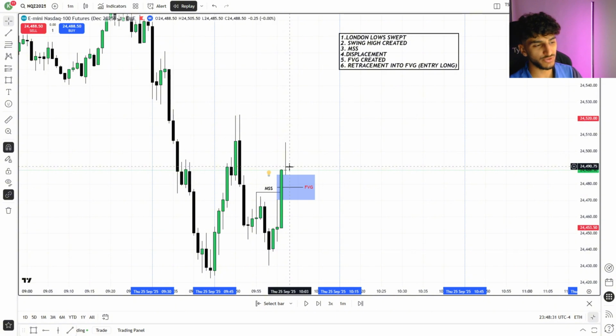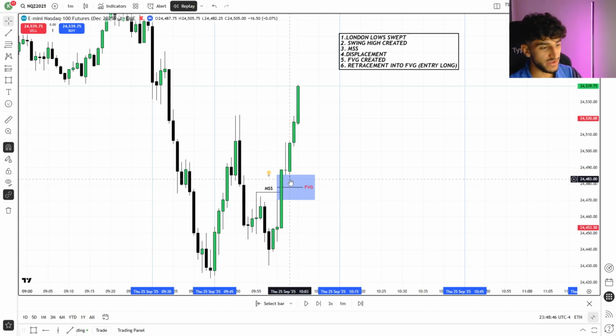I'm just waiting pretty much for price to come back and tap into this fair value gap right here in order for me to go long. As soon as price touches that fair value gap, I'm going to go long. So let's play the bars right here and we'll see, bang, we do get a retracement right there at 10:03,